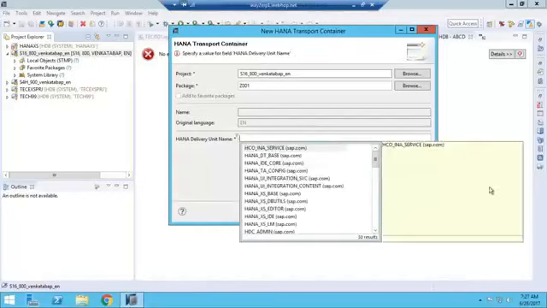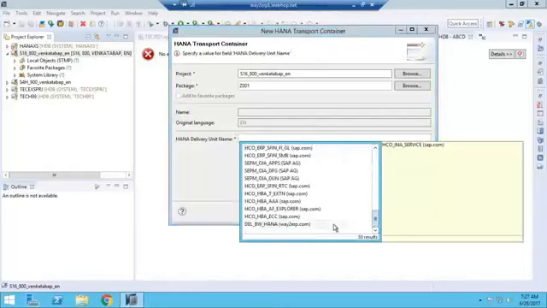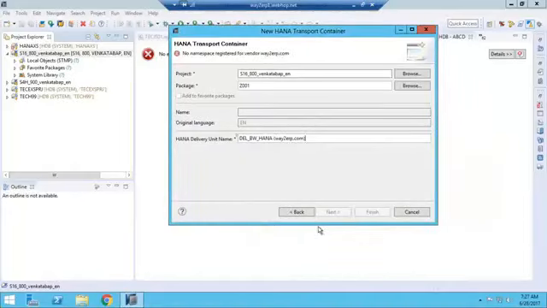So we will assign and it will create one transport request. The transport request will move from development to quality, quality to production. So this is also one way of transportation. This delivery unit you are not uploading and downloading, you are attaching it to the transport request.